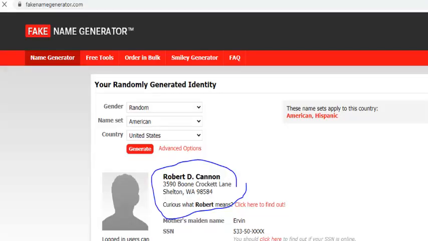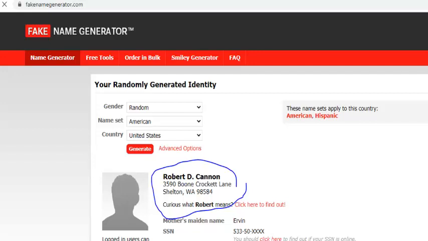For instance, the way a USA number is written. For instance, again, the zip code of USA. So you need all of this format when trying to register a domain name. So what you need to do is just go to fakenamegenerator.com and generate a particular name, generate a particular phone number that will be given to you side by side with that name, and you use this information to register